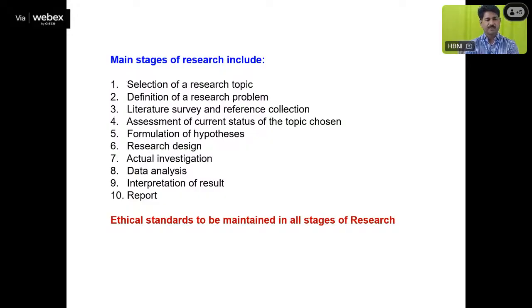Literature survey is one of the important parts of any type of research. We first have to assess what works have already been carried out and what the gap areas are. During the literature survey also, if we are not following ethical standards,